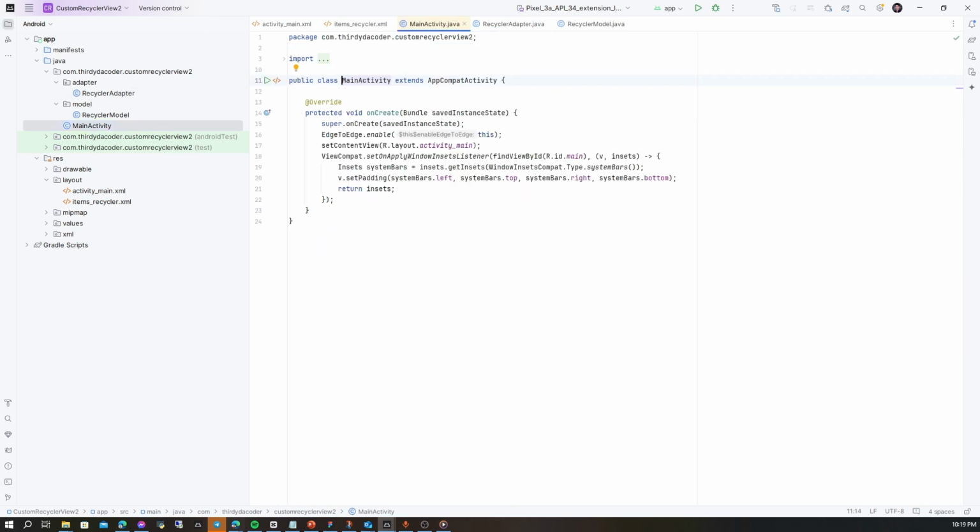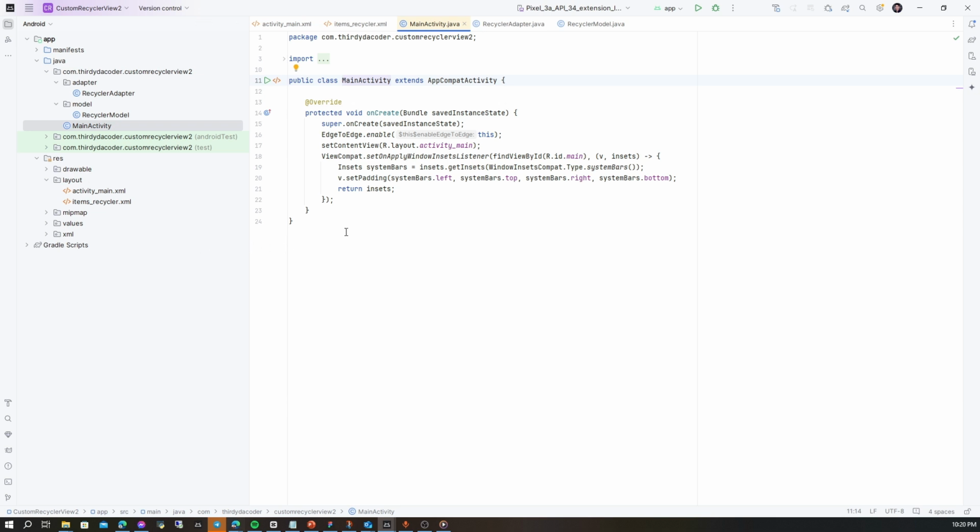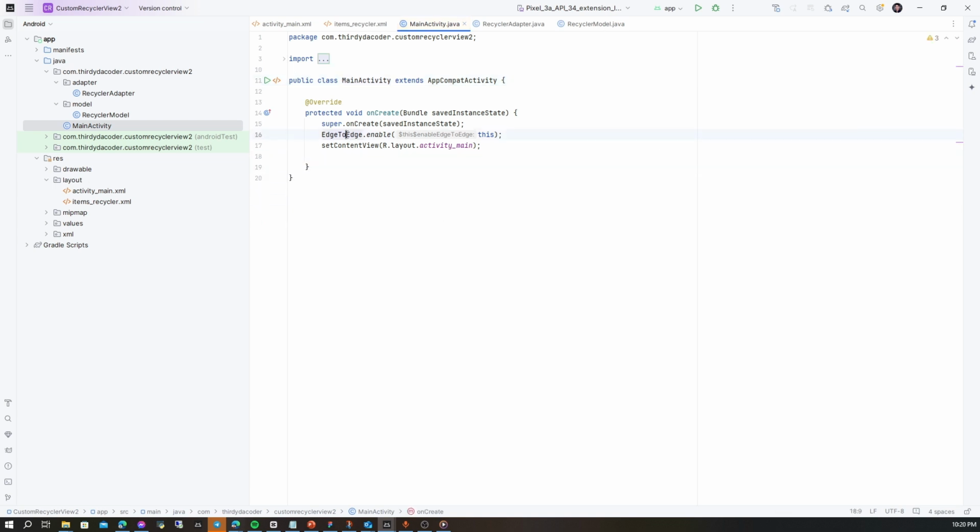So in the main activity, for the last part, to show the data in the custom recycler view, we can remove this code. Then we can start by adding the global variable.